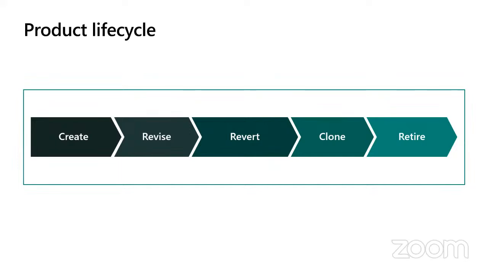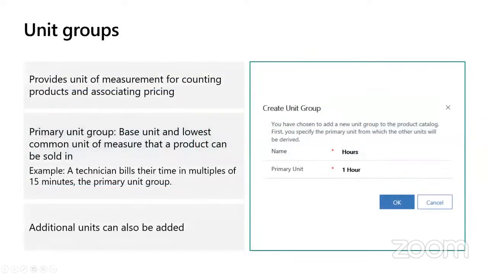You then go on to revise. The next step will be to renovate, and then you clone, and then you eventually retire that particular product. So it is a process that you have to go through from end to end, and we will look into that in a more detailed